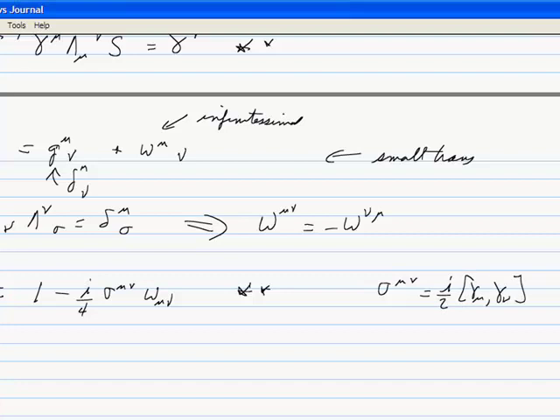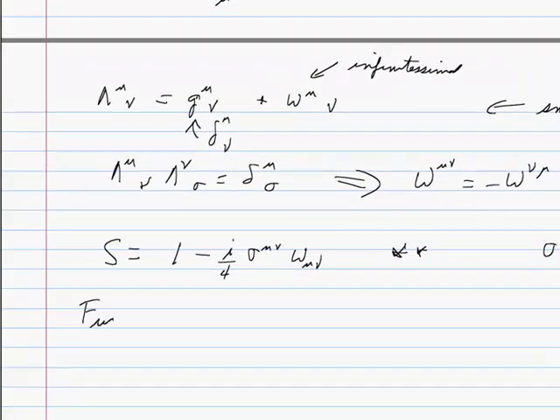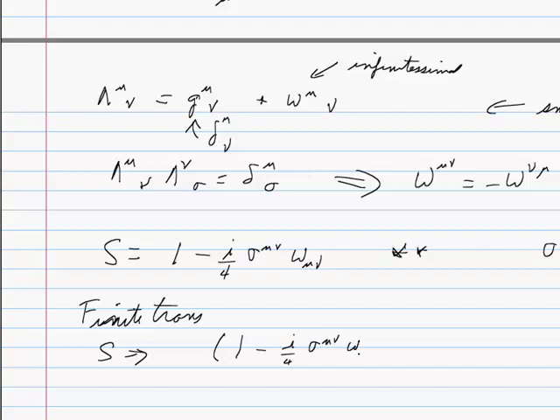And then to get a finite transformation, you take S as you do a bunch of infinitesimal ones. An infinitesimal one might be 1 minus i over 4 sigma mu nu omega mu nu